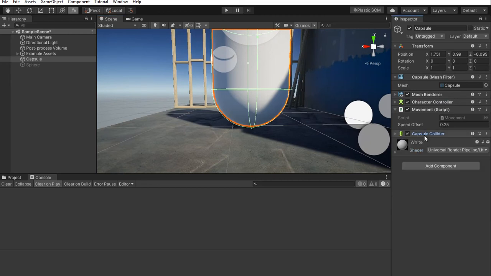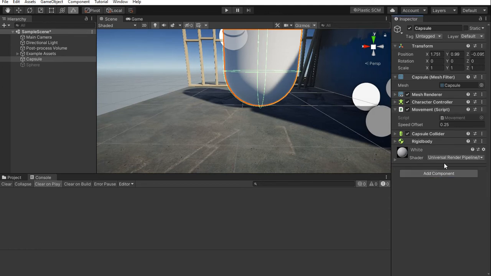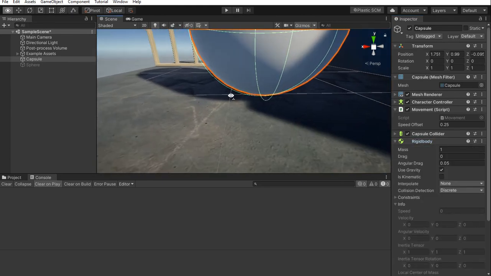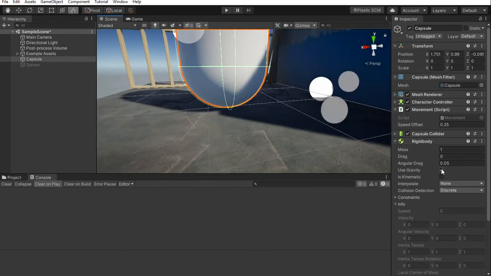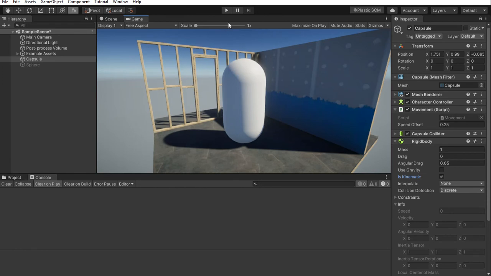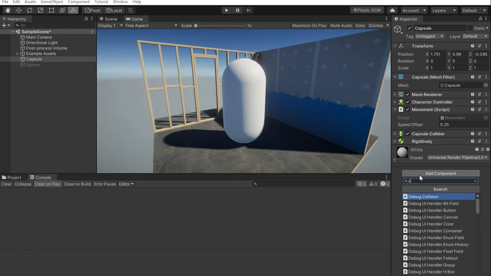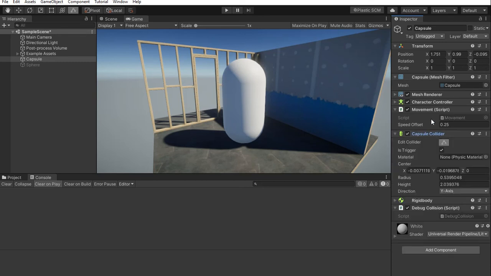And then to make it detect collision, we need a rigid body on it too. Now for some cases, rigid body will not work with our character controller. Let's actually ignore those situations. Come here, disable use gravity and make the rigid body kinematic. If you do that and hit play, we have to put the debug collision too, so that we can take collision information. Okay, now with the trigger done and the rigid body done, if I put the debug collision and